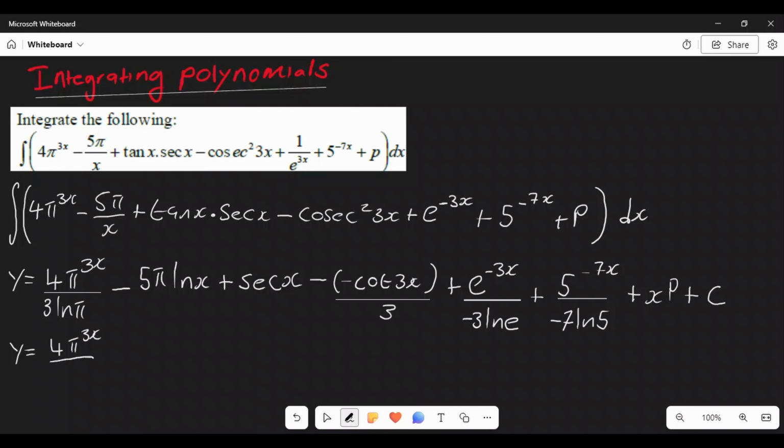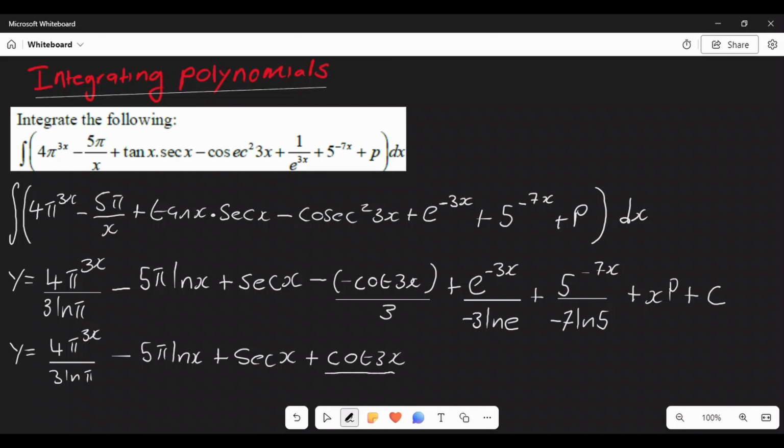All right, so let's try to be quick about it. Natural log, then pi. All right, minus, the second term is also fine with 5 pi multiplied by natural log, then x. And then the third term, it's also fine, guys. Just sec x is fine. And then this one here, it is not fine. We need to multiply this negative with that negative. They're going to give us positive. Then we'll be left with cot